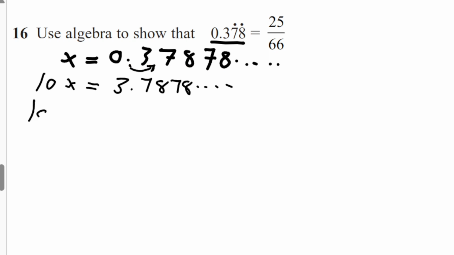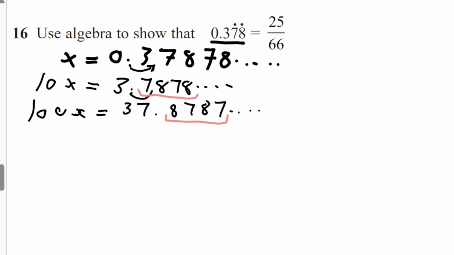So 10 times 10 is 100x equals, again, the point will jump here, 37.8787. Again, compare the decimal. Does this one look like this or this? No, it doesn't look like any. So we just continue multiplying by 10 again. So it's going to be 1000x now